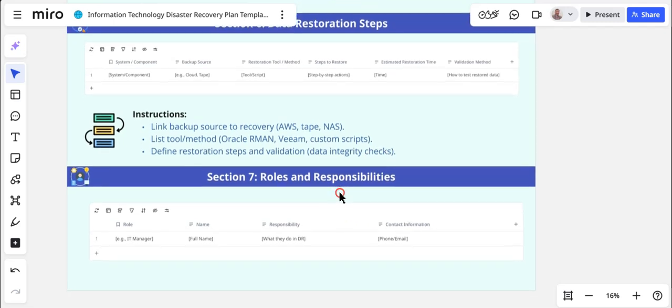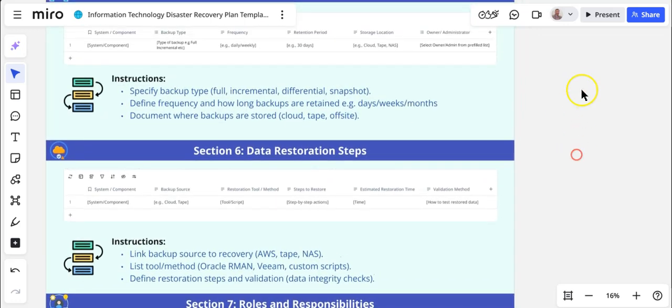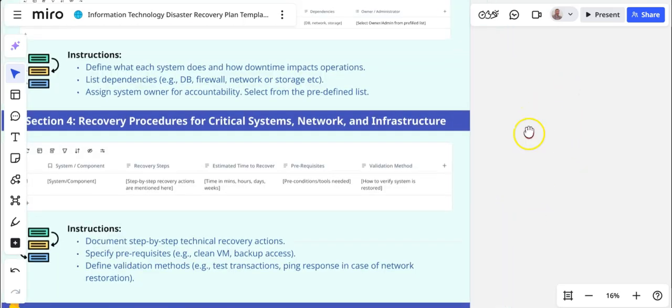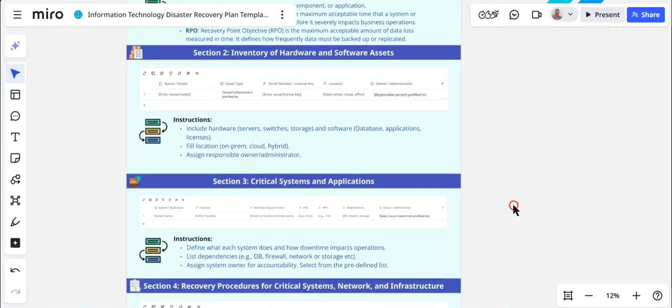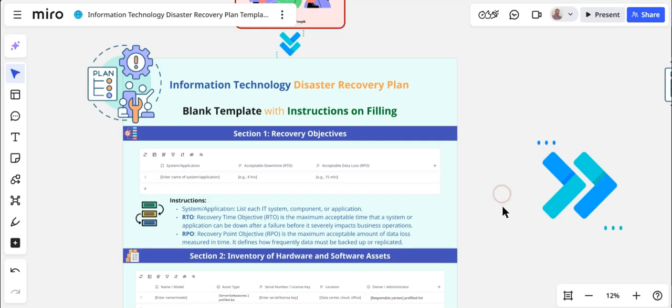Then the roles and the responsibilities. And in here, you will be listing all the names of the people who are involved in this complete disaster recovery plan. So these are the 7 sections that you'll be taking care of in order to define the disaster